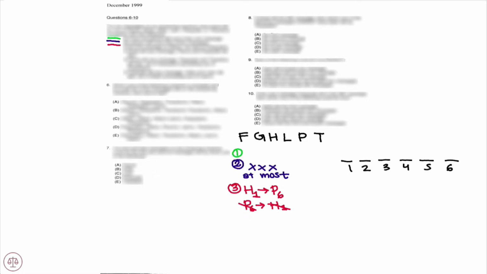Okay, rule number 4. If Greta left any message, Flor and Pascal did also. All right, so we have if Greta left a message, so we don't even know which numbered message. If Greta's leaving a message, then Flor and Pascal also are leaving a message. Okay, so our contrapositive, remember when we switch an and to the contrapositive, it becomes an or. So we're going to say, if Flor did not leave a message, or if Pascal did not leave a message, then Greta did not leave a message.